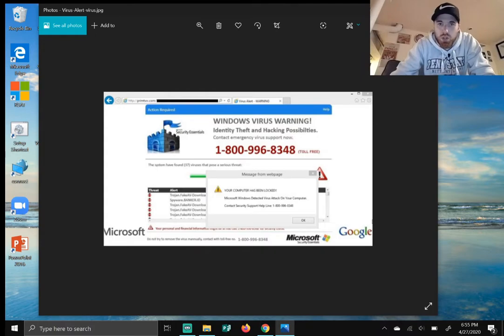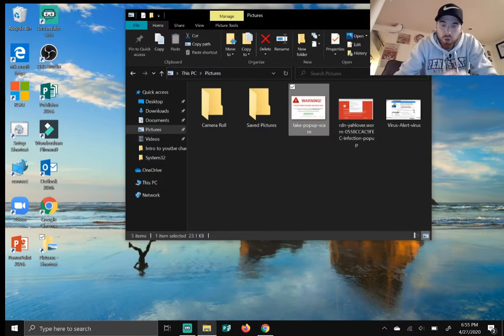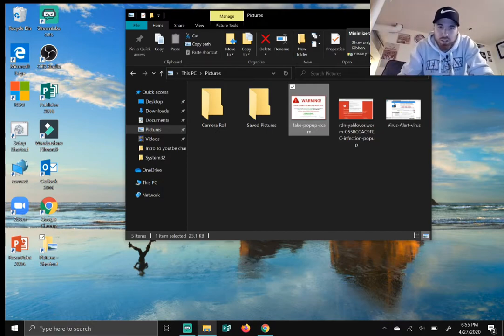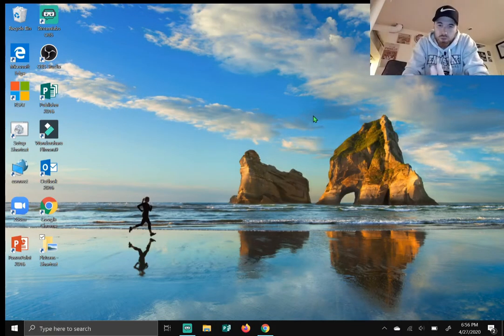Once that's good to go, turn it back on, log in as normal, and I want you to run a virus scan just to play it safe. I know you may not find anything because these pop-ups want you to call the number so they can steal your information, they can remote into your computer, and that's when they actually grab your private information. So if you see those pop-ups and you can't get out of them, shut down your computer, restart,